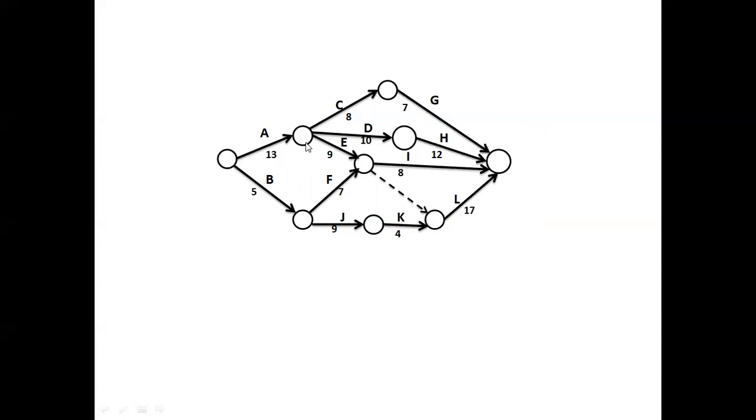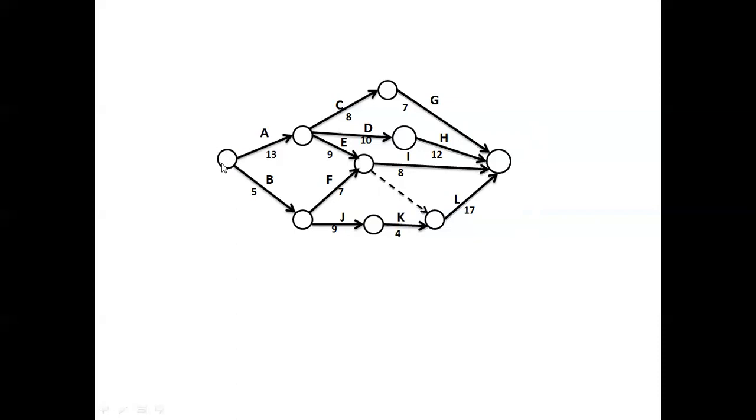As we discussed in the previous sessions, there is one rule which is called Fulkerson's rule for numbering the nodes or numbering the events. So according to that Fulkerson's rule, we'll give the numbers to this. This is the start or the initial event. I will give number 1 to this initial event.